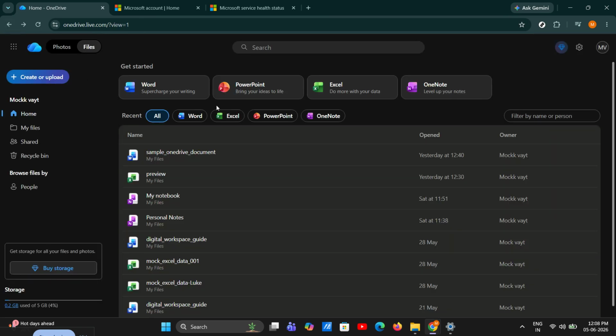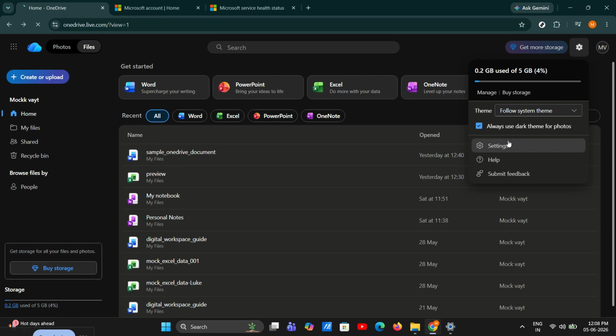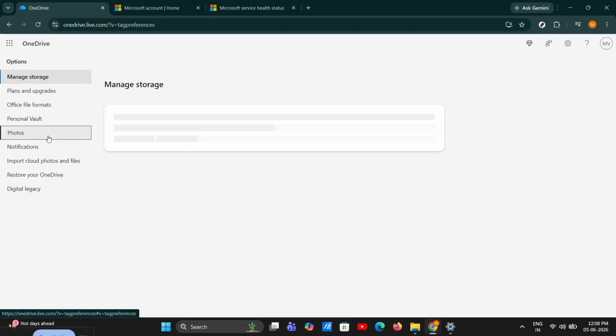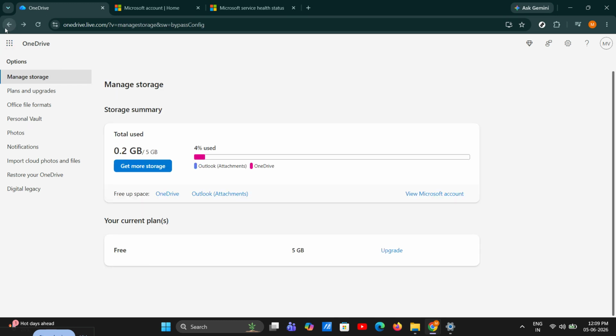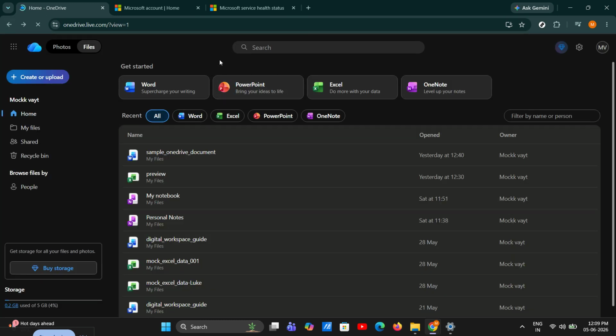If you ever want to turn this feature off later, you can come back to the same photo settings and disable the AI option again. But if your goal is to make photo searching easier, keeping it enabled is usually the best choice. And that's it. You've now learned how to enable the People section in OneDrive. It's a simple setting, but it can make a big difference when you want to find photos faster and keep